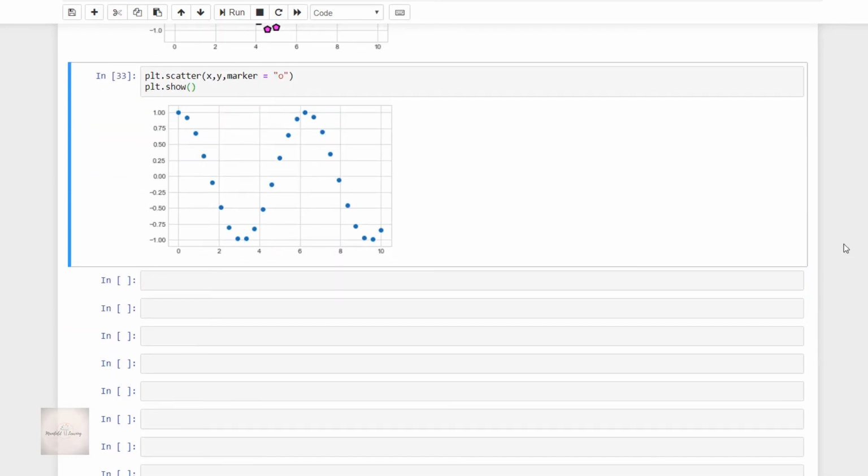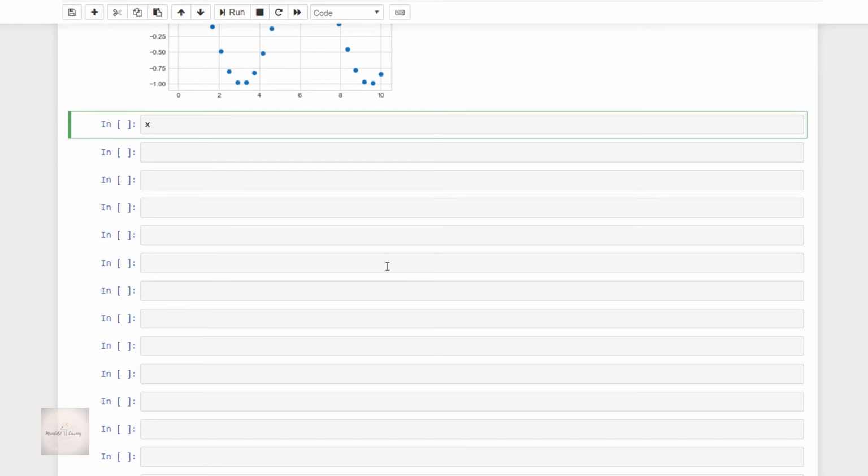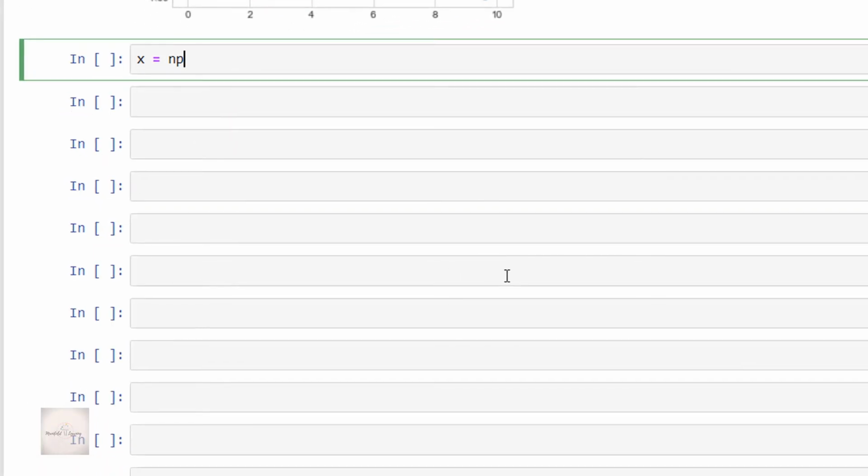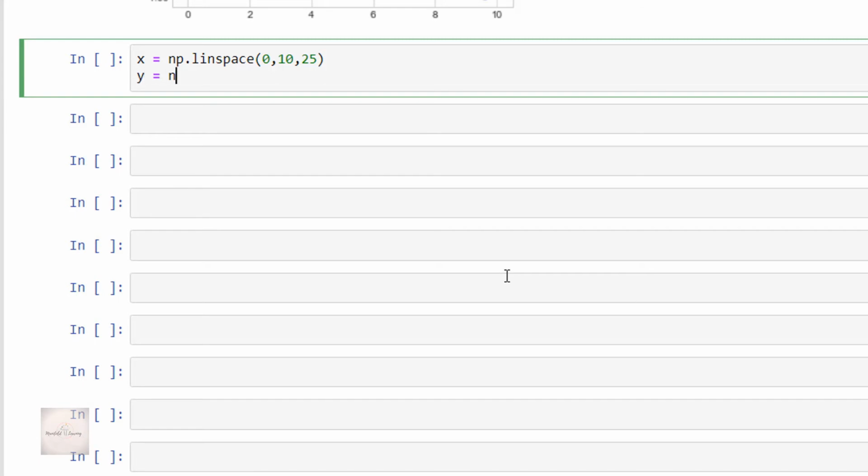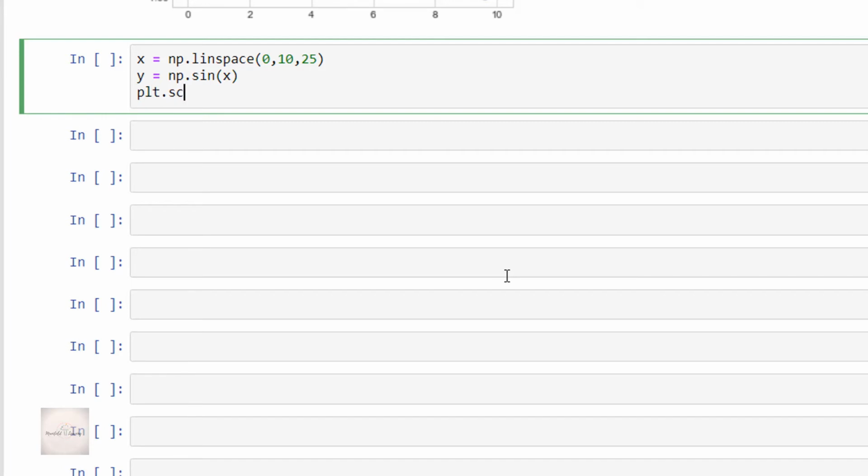For that, I'll start the coding here: x is equal to np.linspace of 0, 10, 25. Then y is equal to np.sin of x, and plt.scatter of x comma y comma marker is equal to 'D', cmap is equal to 'Set1', c is equal to x.